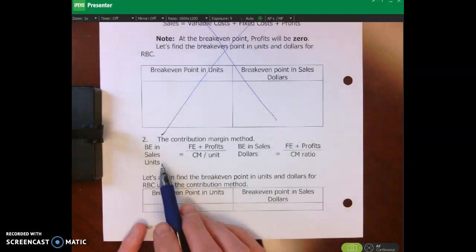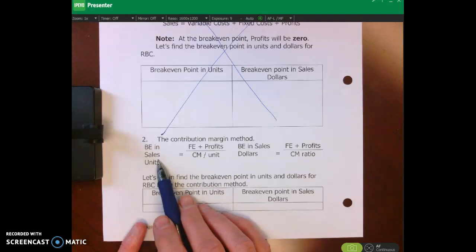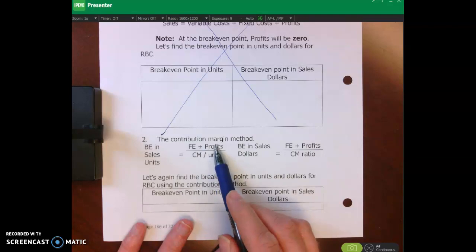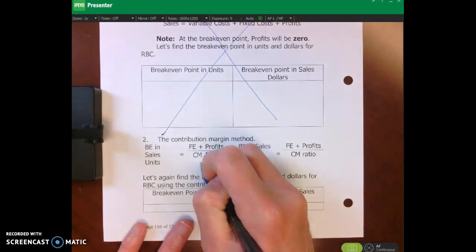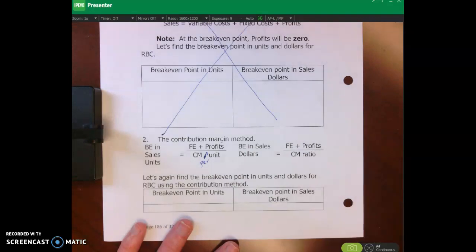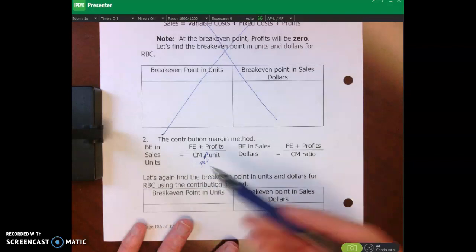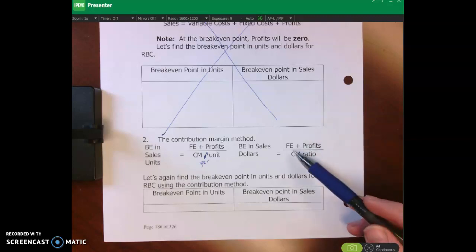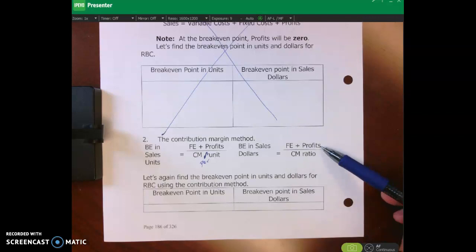And the way to calculate break-even in terms of sales units, how many units do we have to sell to break even, is we take our fixed expenses or fixed costs plus our profits divided by our CM per unit, contribution margin per unit, okay? Now, what are profits at break-even? They're zero. So really, this just becomes fixed expenses plus zero, or just fixed expenses divided by contribution margin per unit. In terms of sales dollars, we can say it's our fixed expenses, again, zero profit at break-even,